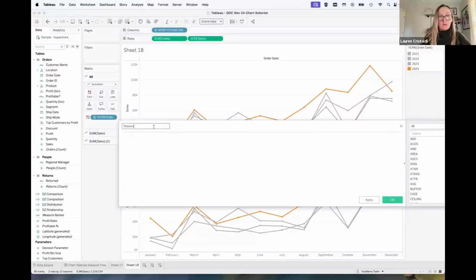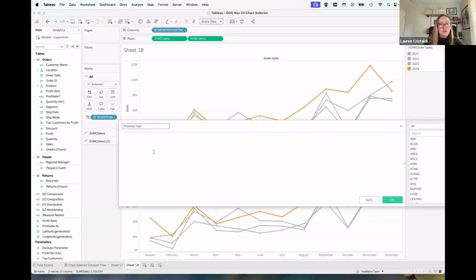If you make it so no matter what year it changes to, like let's say I just want to see this year or last year. Maybe it's based on a parameter, it's based on today. Well, next year it's going to be this year's 2025, last year's 2024. We don't want those colors to change for the previous or the current year.